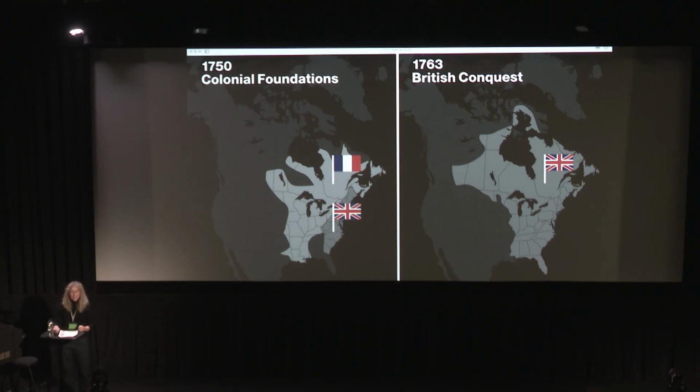So let's backtrack a moment to understand the historical situation of French in North America. In the early 1600s, both France and England established colonies in America. Around 1750, France controlled a very large territory. But in 1763, France lost its North American colonies following the British conquest. And from that point on, Britain began efforts to assimilate French Canadians.